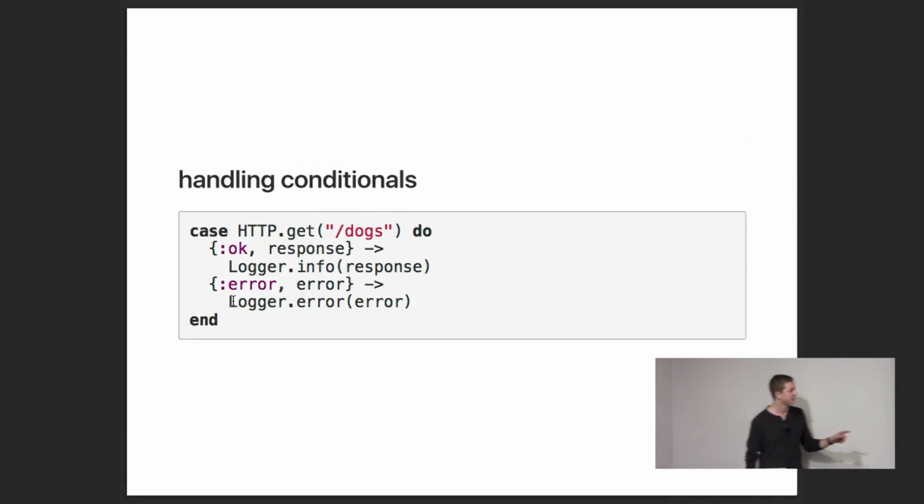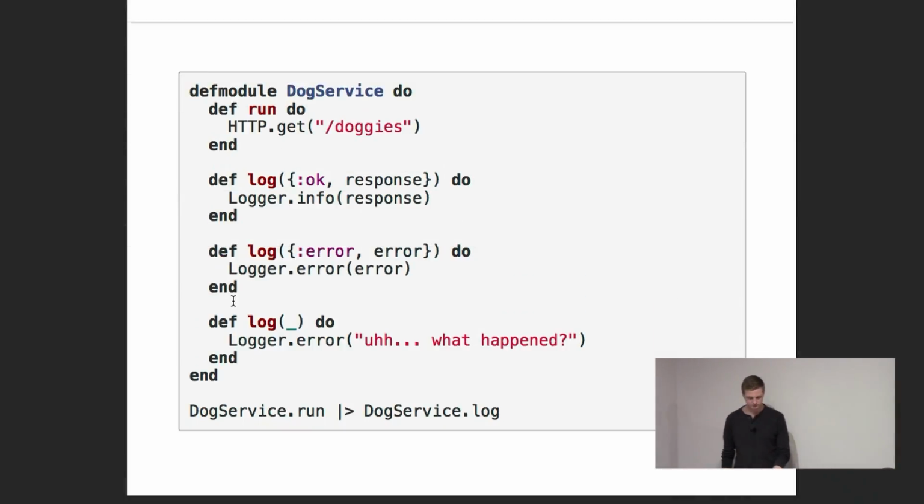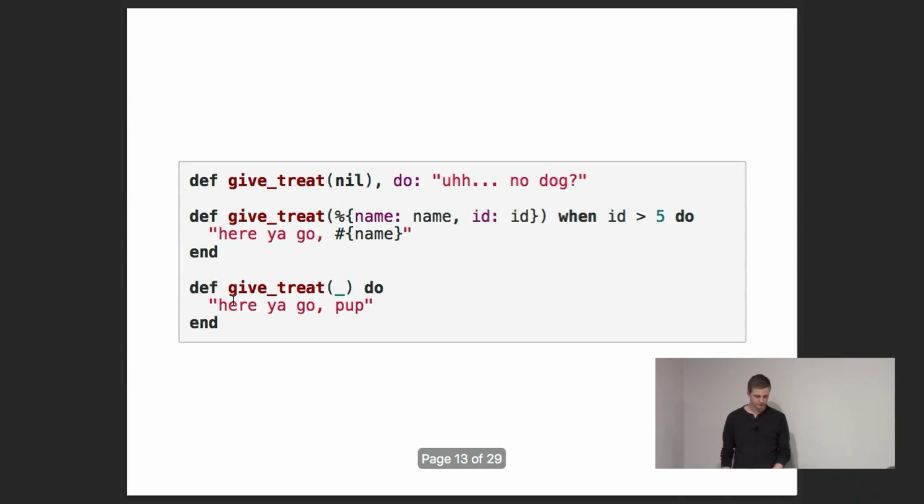Also in the back here, if you do a case statement and I had just the word something here, it would say, hey, that's always going to match. You're never going to hit this error thing. So it's pretty smart about it. Obviously, it can't be as smart about guard clauses because